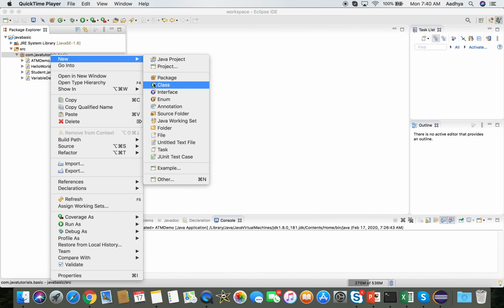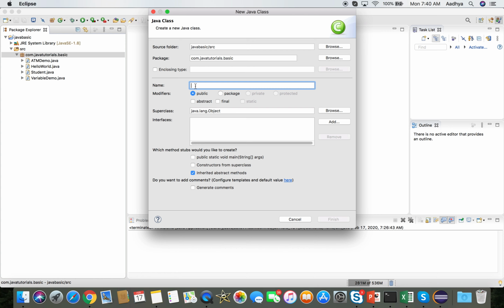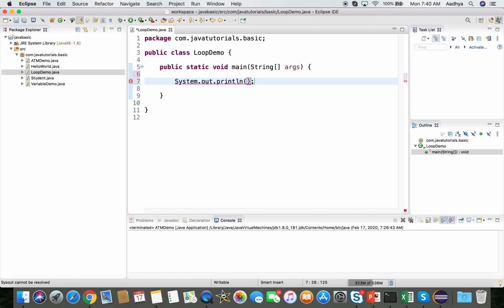So let's create a class. You can name it as LoopDemo. So finish. My first example will be to print the numbers starting from 1 to 10. If I wanted to print 1 to 10 and I don't have loops, what I have to do is say print 1,